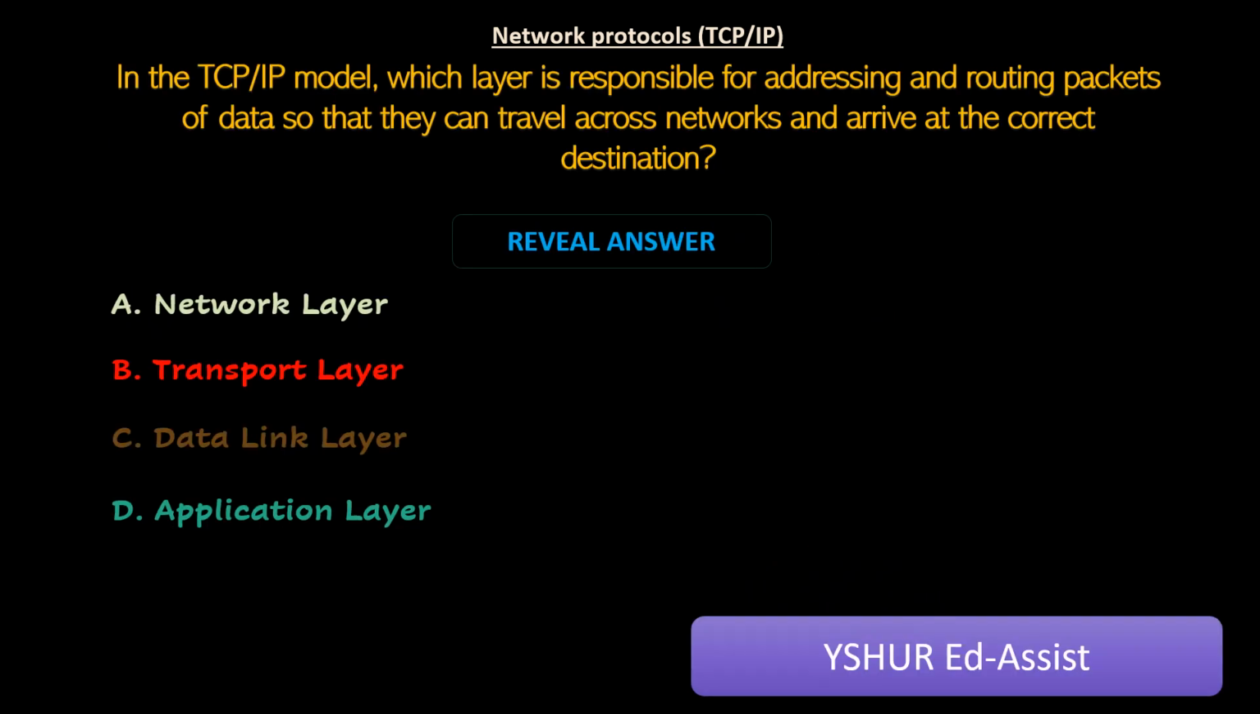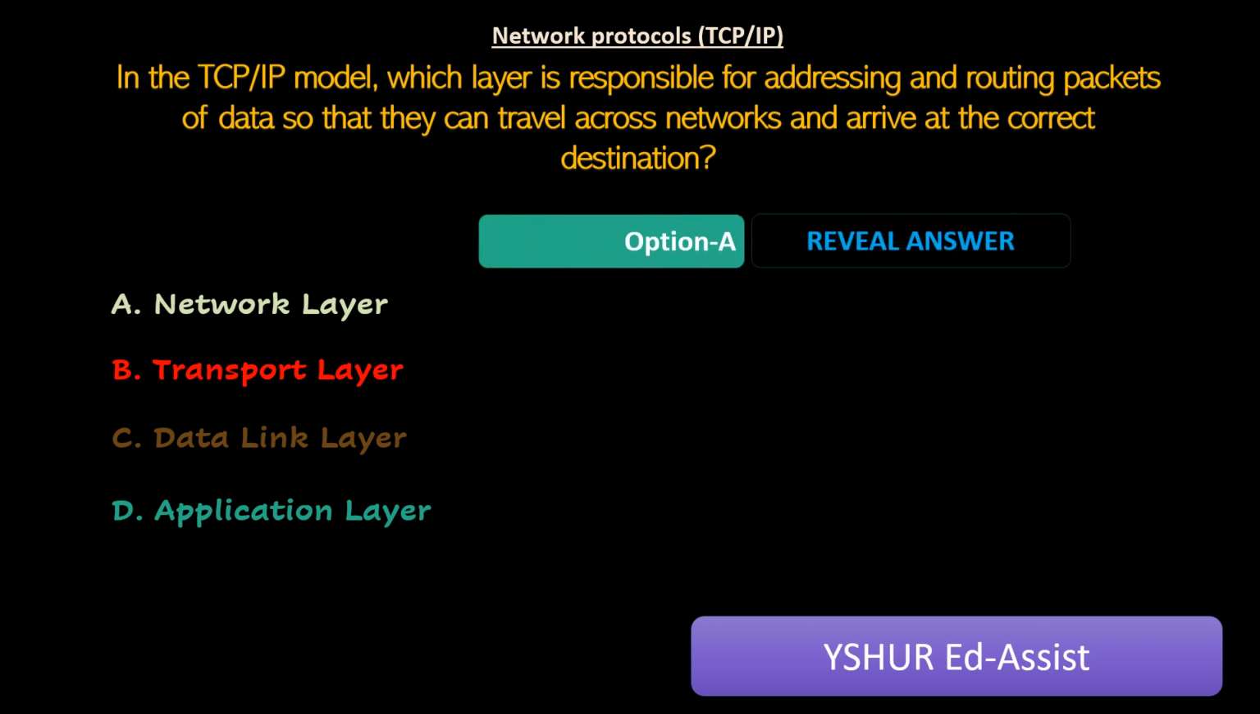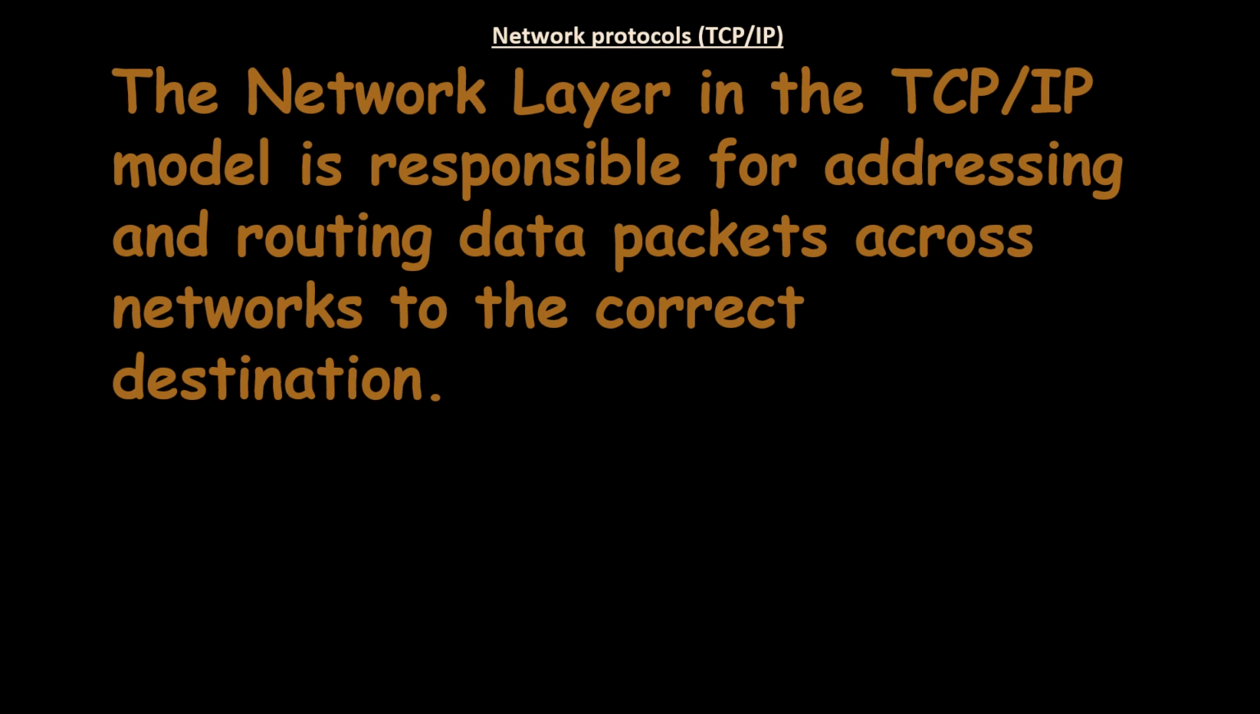In the TCP/IP model, which layer is responsible for addressing and routing packets of data so that they can travel across networks and arrive at the correct destination? A. Network layer. B. Transport layer. C. Data link layer. D. Application layer. The network layer in the TCP/IP model is responsible for addressing and routing data packets across networks to the correct